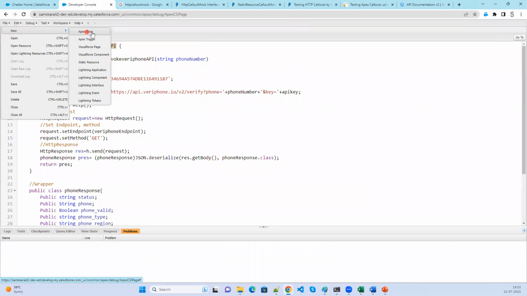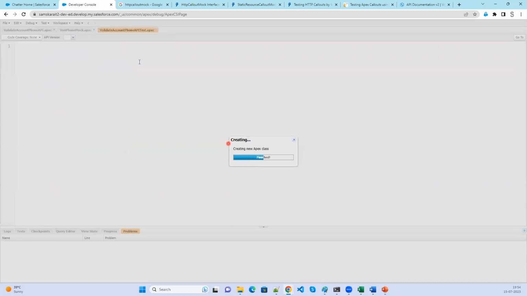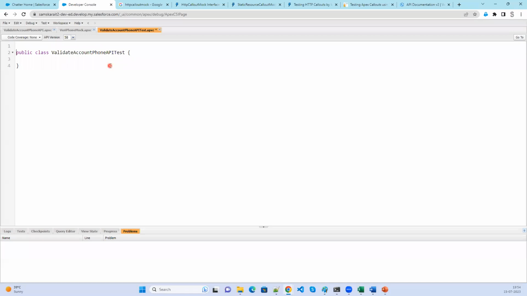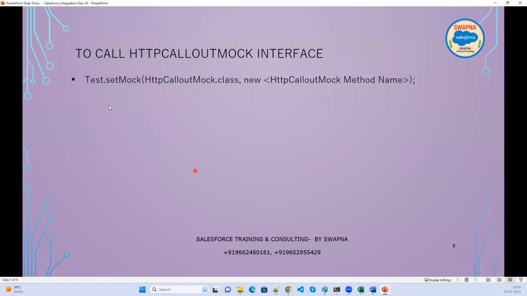File, new Apex class, whatever the class name is, that's the class name, and then we have a test. Now for this, I'm going to specify @isTest. Now here, this is the actual test class. In this actual test class, how are we going to call it? The main thing that we are going to use is Test.setMock. Using that, I need to